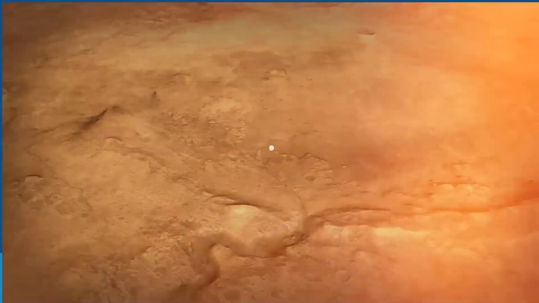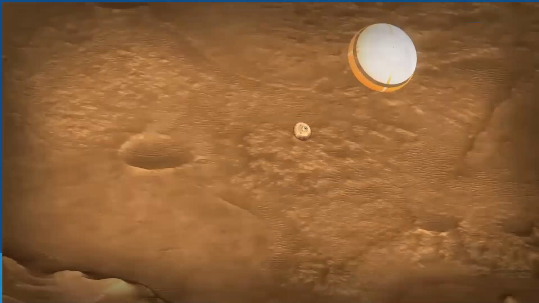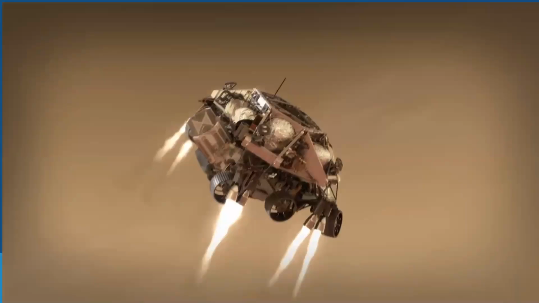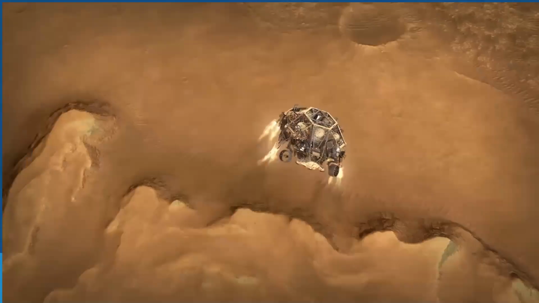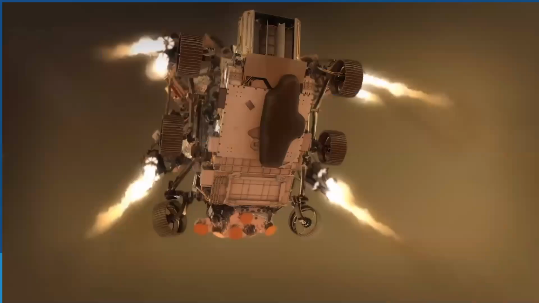Once Perseverance has figured out where she is, jettison the back shell and parachute and light up our rockets. Those rockets help us steer to a safe landing spot that's nearby. That descent stage takes us all the way down to about 20 meters off the ground. That's when we start the sky crane maneuver.